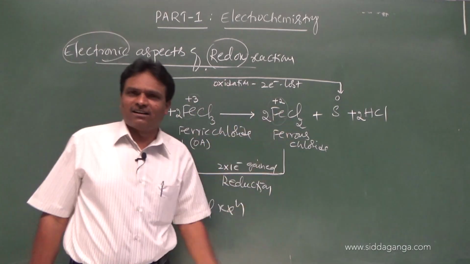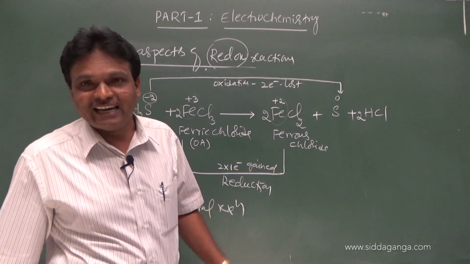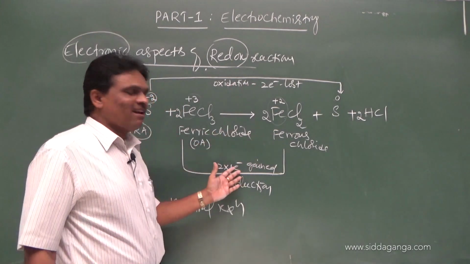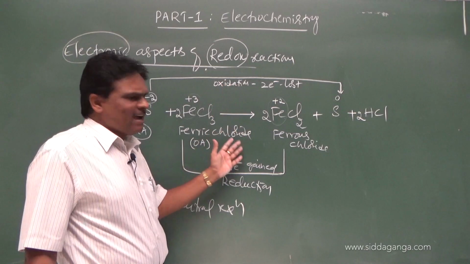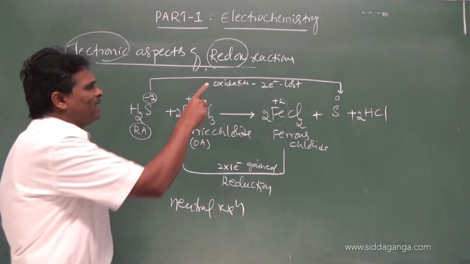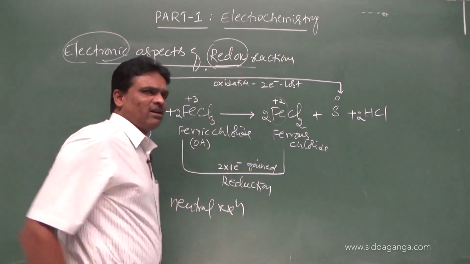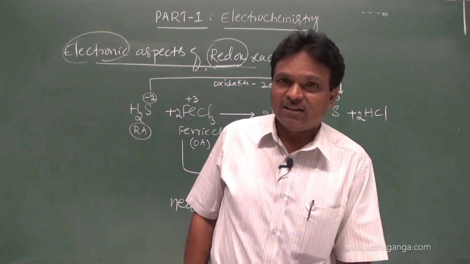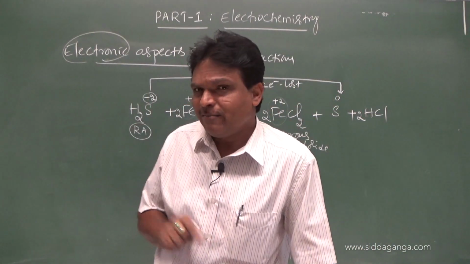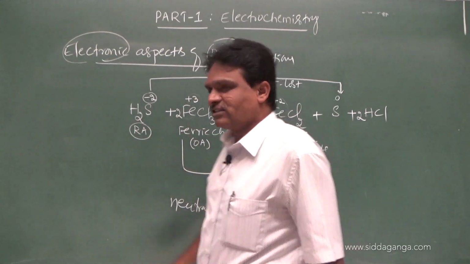No electrons are lost and no electrons are gained overall, neither lost nor gained. So reactions which involve both oxidation and reduction are called redox reactions. Redox reactions. Is that clear? Look, when I say redox reactions,